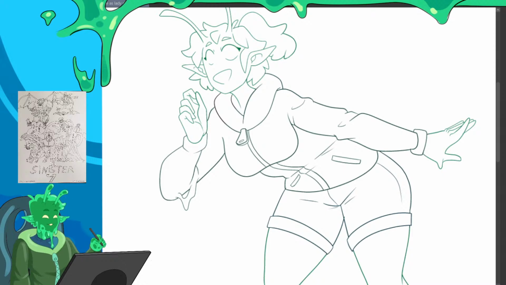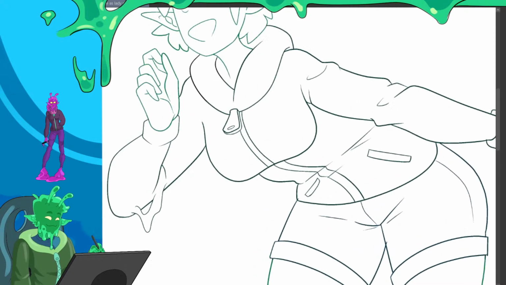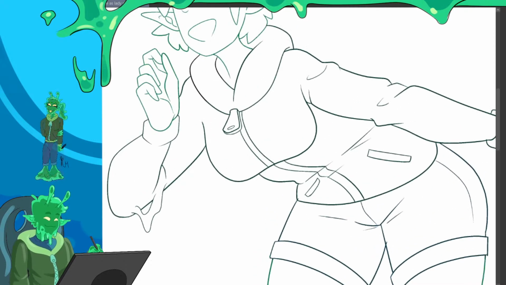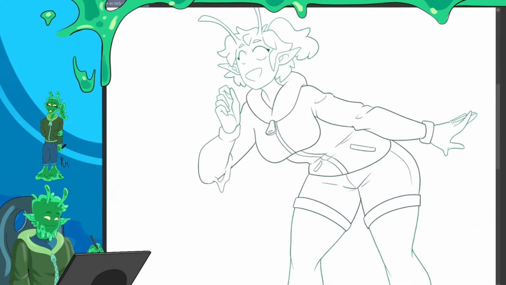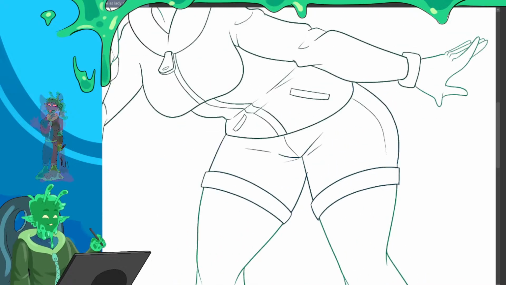I think the only thing I would tweak is maybe moving the one on his arm up higher. But anyway, we'll get there. What were you saying about the Omnitrix? How do I fit that in? How do you fit the Omnitrix in there? I feel like it's one of those ones where we might just have to remake the Omnitrix. Maybe, probably not though. I mean, you could probably make it work.